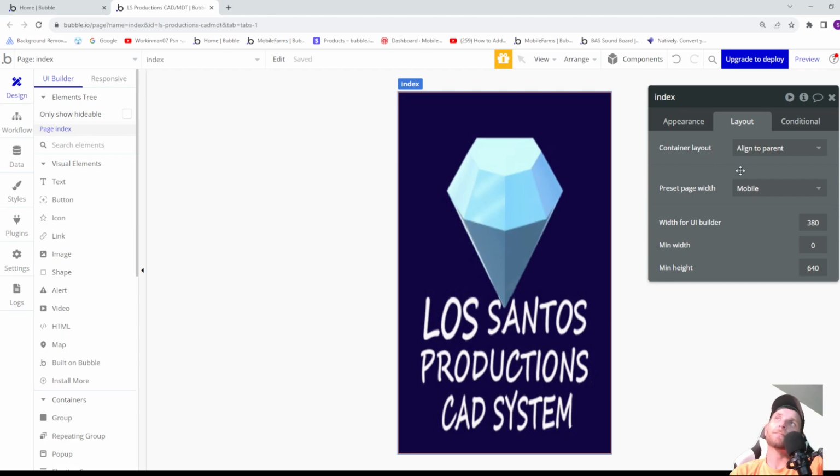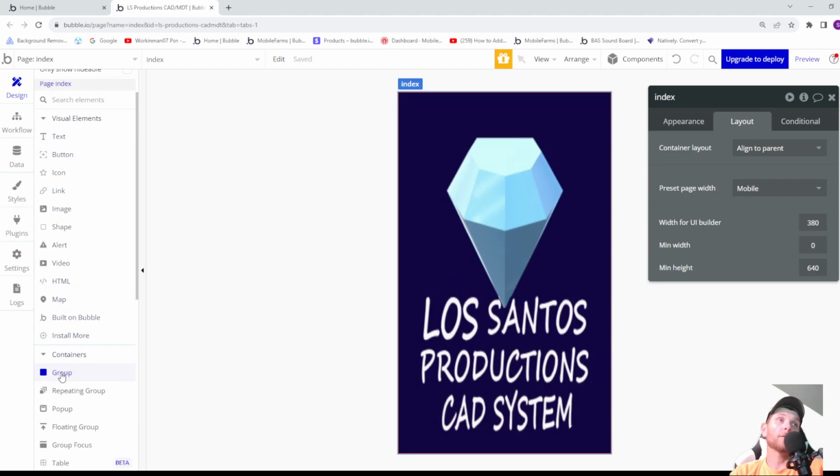Now, with that reference, it's better to start small because it's easier for your project to automatically expand. But sometimes when it shrinks, if you don't set stuff up right, words will get cut off. You'll run into all sorts of other problems. So it's better to start small. But now that we got that created,